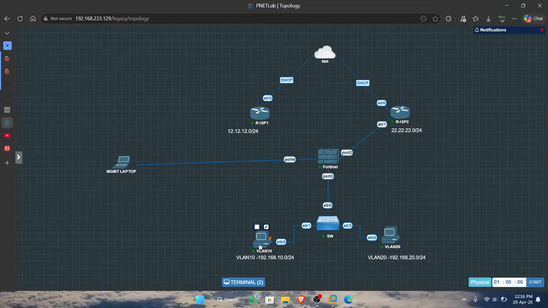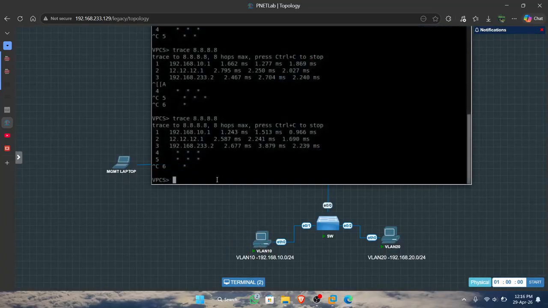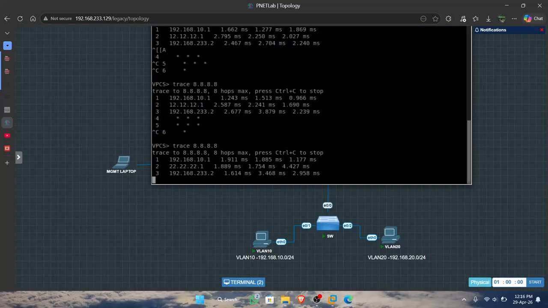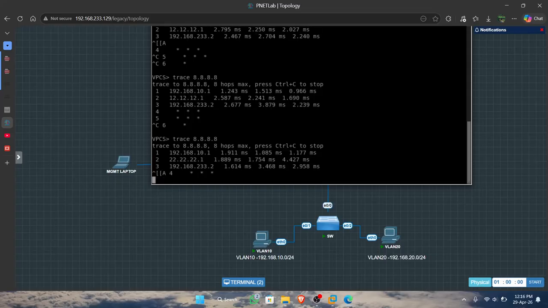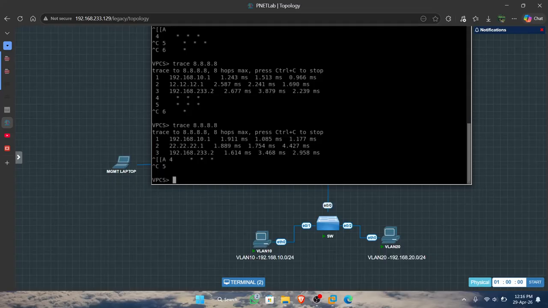So we try this. Good. The packet from VLAN 10 is traced and changed to port 2.